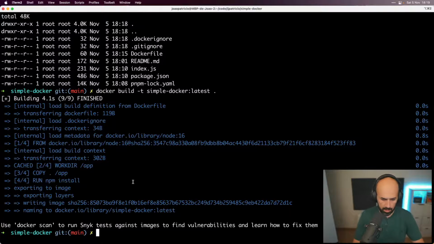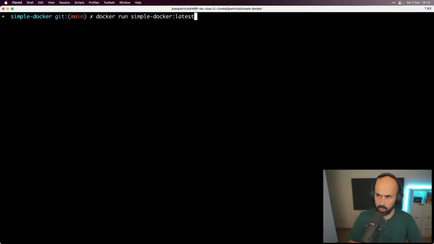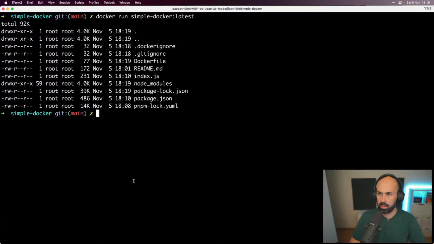So that's it. If we were again to run the container that runs ls, we already see node_modules installed inside the container. So with all the Ubuntu 22.04 platform in place, right?